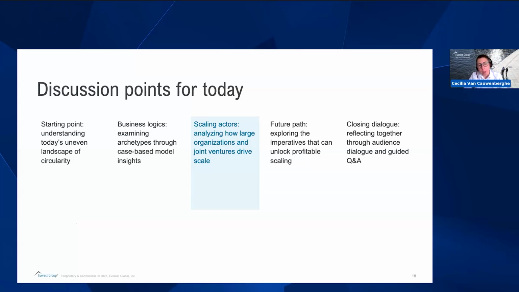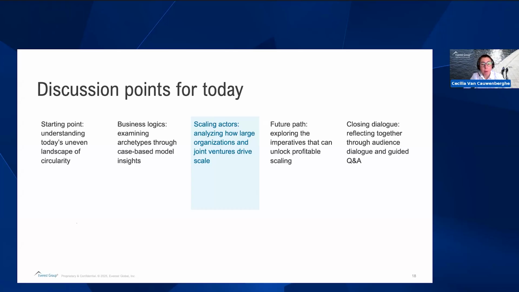While these models prove that circularity can be even profitable within a single enterprise, the next challenge is scale. No one company, by definition, no matter how sophisticated, can industrialize the circular economy in isolation. So scaling circularity requires coalition economics, coordinated investment, shared infrastructure, and new forms of capital architecture.